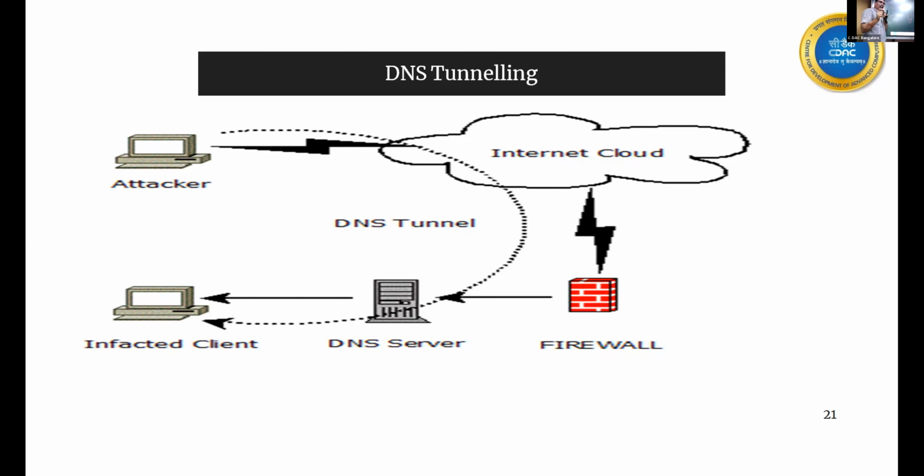traffic, but sometimes you say that, suppose one system is there, only this system is having internet access. If this system is having internet access, then for this you will allow the internet, right? But for all others, you will drop it. Or you will say that, okay, I will allow DNS queries only. Here, all the systems can send DNS queries. All the systems can send DNS queries, but they cannot browse the internet.